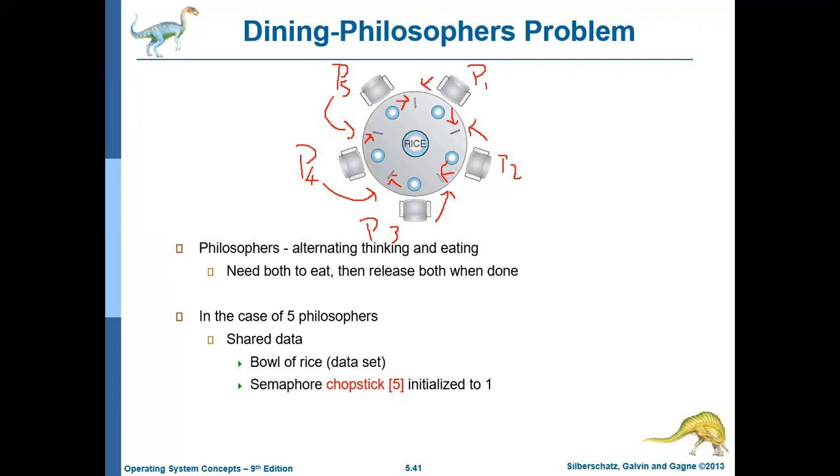and none of them is going to release their left chopstick until they get their right chopstick. So what will happen, they will keep on waiting. This problem is called a deadlock. They will keep on waiting, and the system will come to a lock state. So this particular problem is called a deadlock,